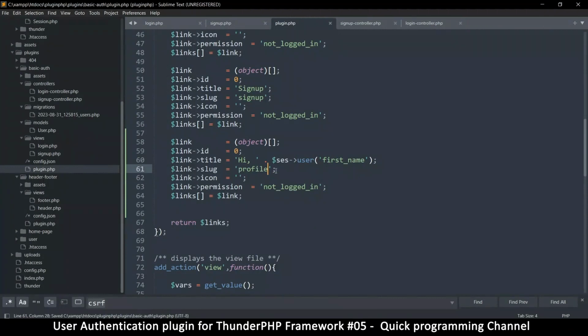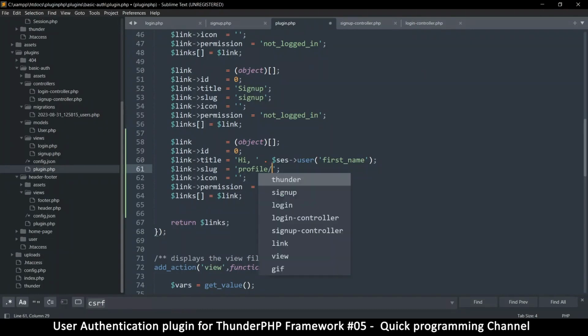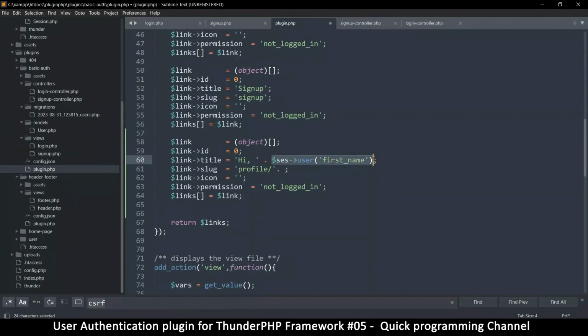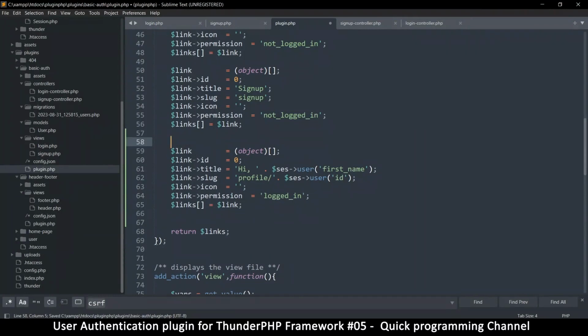So the /profile, and sometimes depending on the profile, maybe you may put an ID there. So we can say / and then the user's ID, which could be in form of this, say ID, like so. If you know that there's an ID column there, this one should show when the user is logged in, like that. But it doesn't matter here, because what we will do is we're just going to search and say